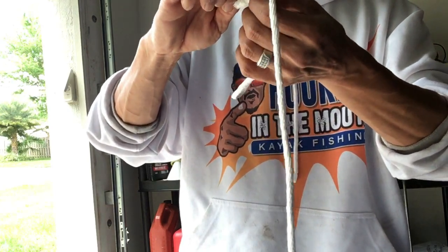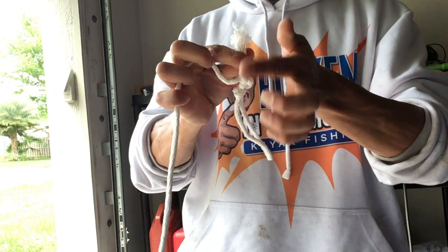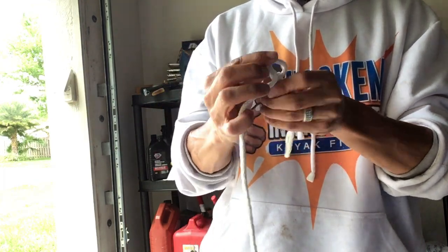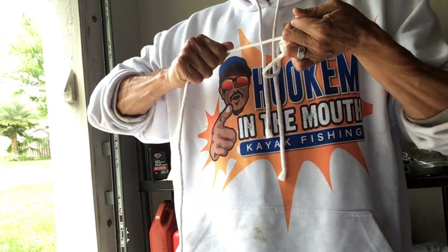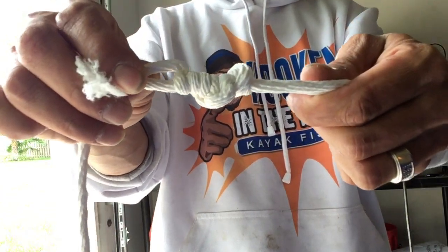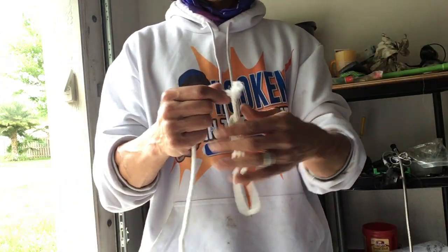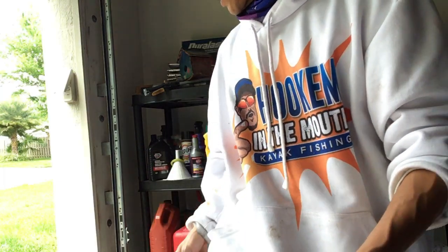See? Down, pull. Do it again. Down, pull. Then you get a nice little pattern like that. But there you go, there's your loop knot. And you could either burn that, and I'll show you,